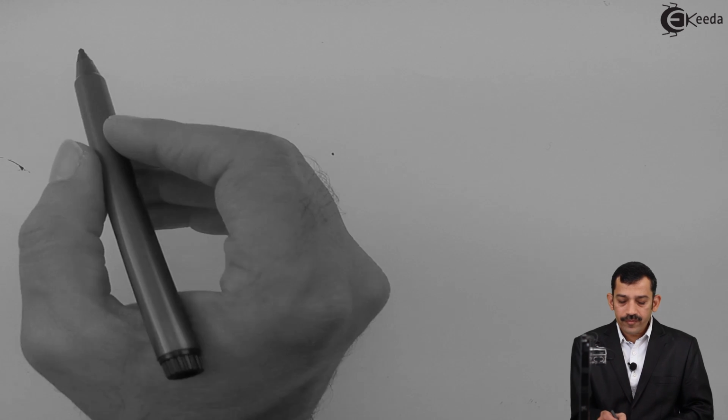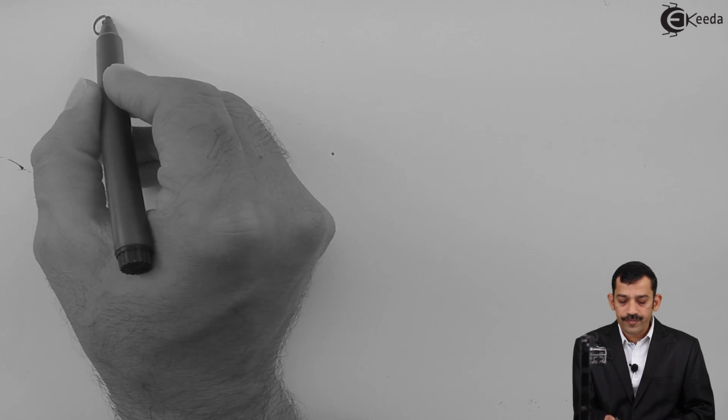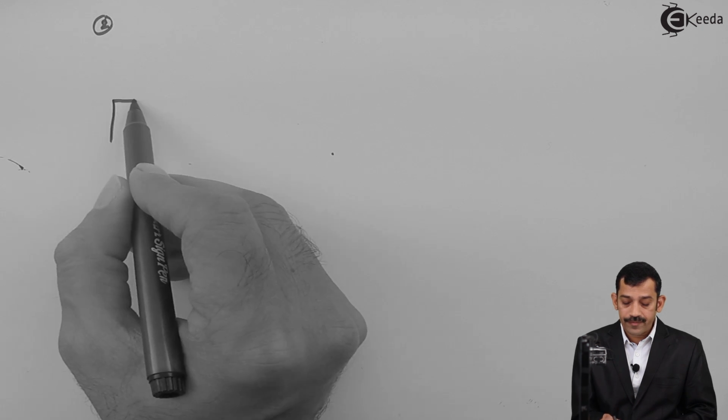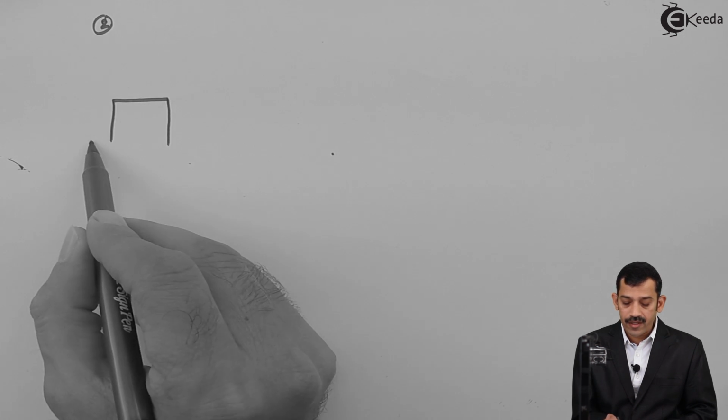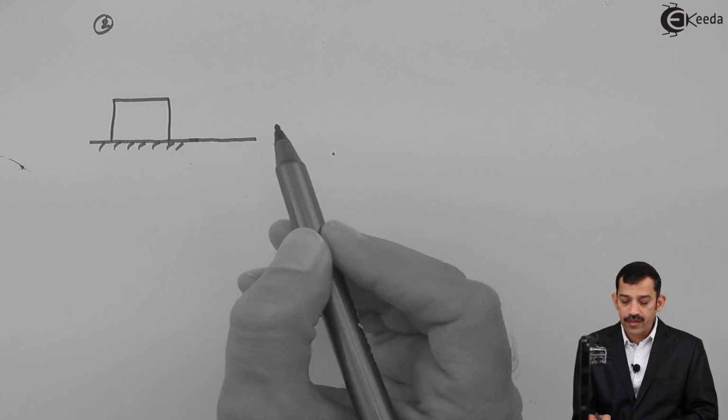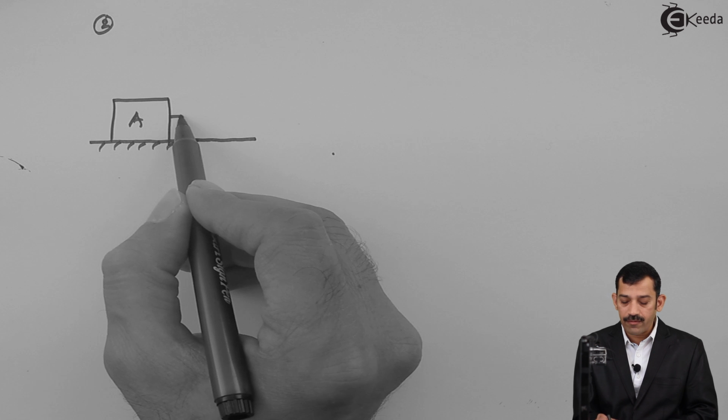Now here, say this one is number 2. One block, say block A, is resting on a horizontal plane. Now this block A is connected by a cable